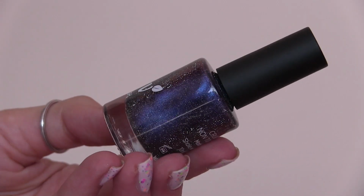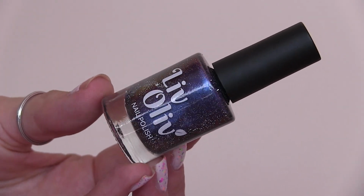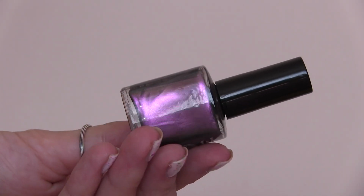One from Liv O Liv, and I think this is a magnetic. I'm just going to get a magnet out to check. And this is in the shade Shields Up. Yes, it is magnetic. So it's a magnetic polish, which is a blue kind of galaxy look effect with also a ton of scattered holographic. The Ard As Nails is called Dalekium, which I think is the Dalek metal that makes Daleks in Doctor Who. That's what I'm guessing. This is the only one that I've worn from this box so far,